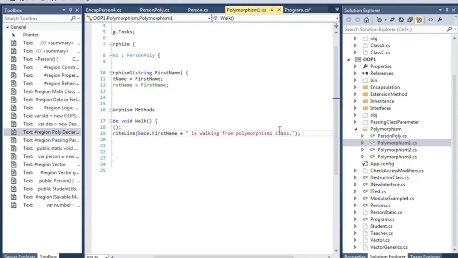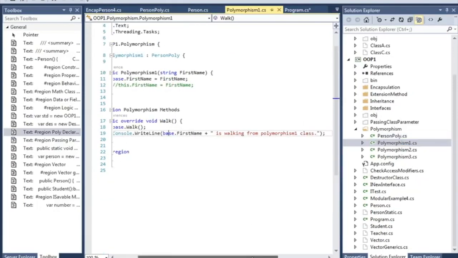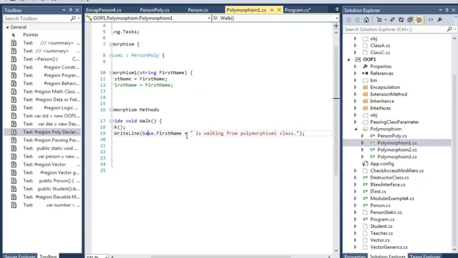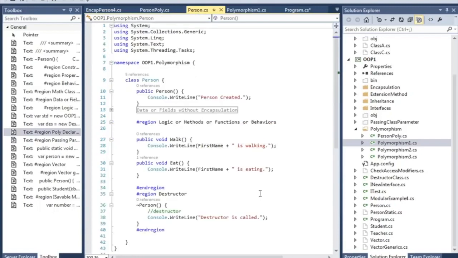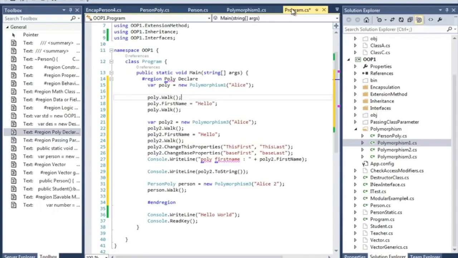But if it's really overridden, then the method should look like this: the first name is walking from polymorphism 1 class. So if you're successful with overriding the method, the walk method will display that it is from polymorphism 1 class. And then we're changing it, and again say poly1, poly.walk, and then we are having the polymorphism 3 class.